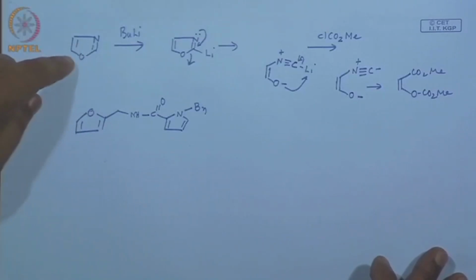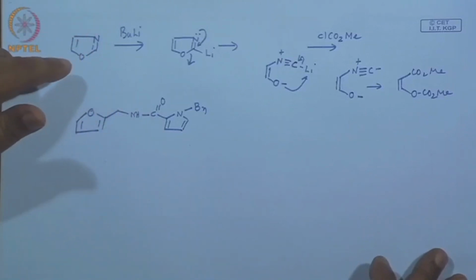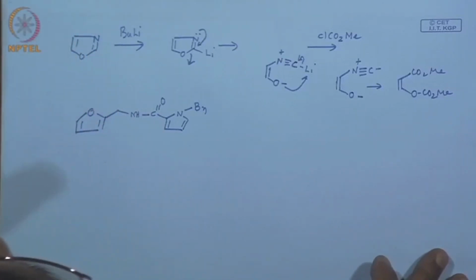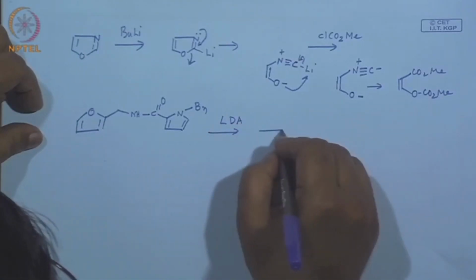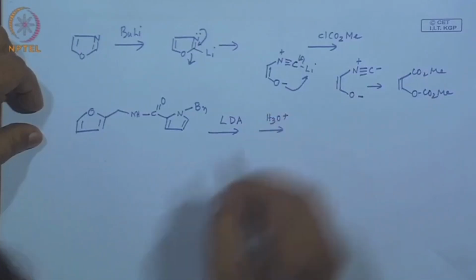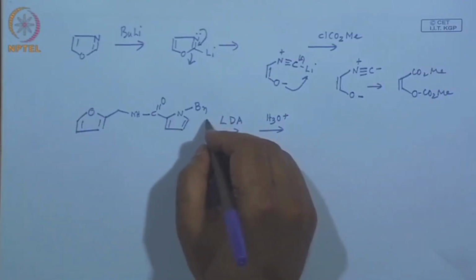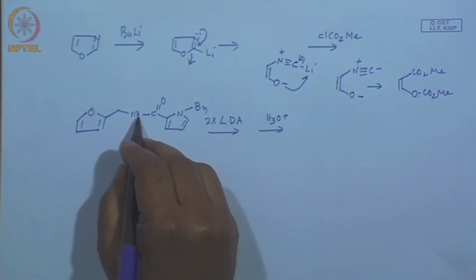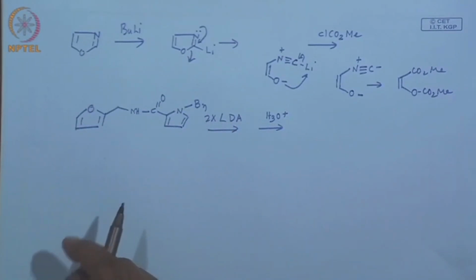The previous one was the oxazole, and the one previous to that was imidazole. Now we will have a reaction with LDA and then this. So, what do you expect? Since you have already one NH here, an active hydrogen, you require 2 more equivalents of base. What do you expect? So, the first equivalent